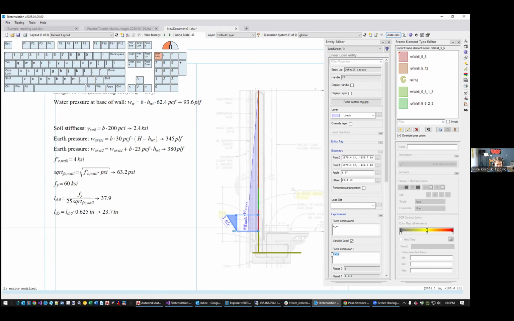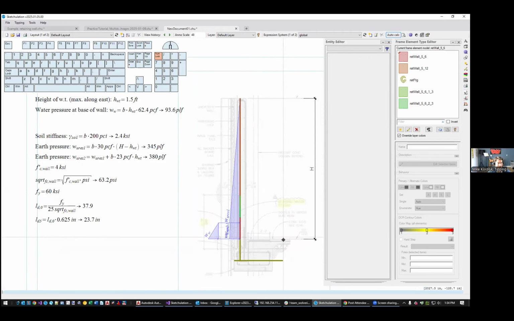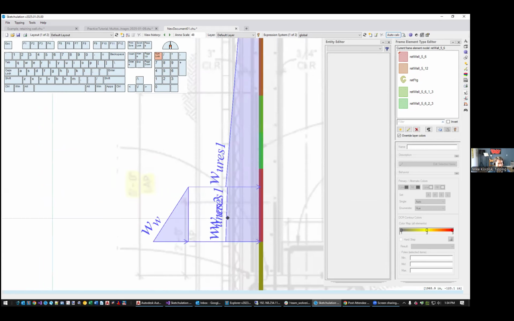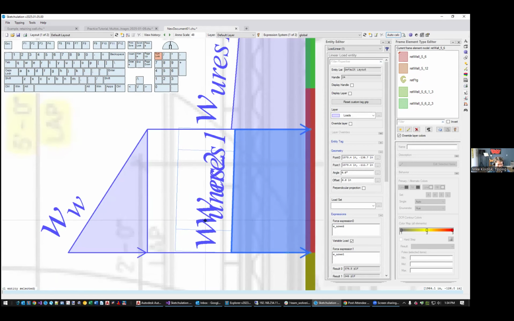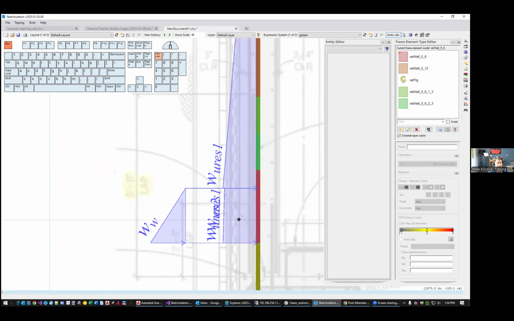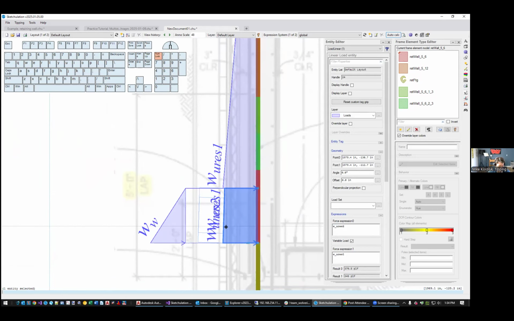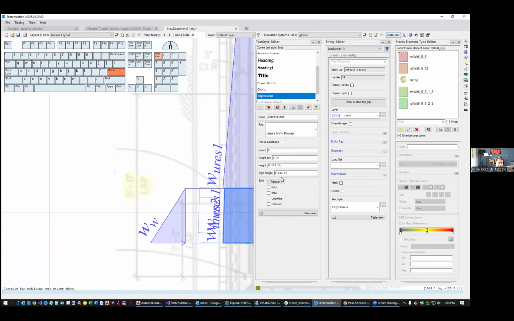W, and then 0 like that. Okay, now flip that the right way. Okay, so now I've defined my triangular loading, and the only fussy thing, this is something we may change, where the program will automatically rotate this text so you can see it, but right now it's kind of overlapping on each other. And the only way to really change this is to temporarily go into the text style and